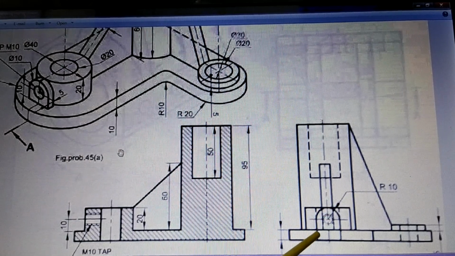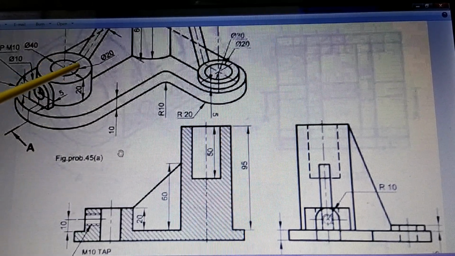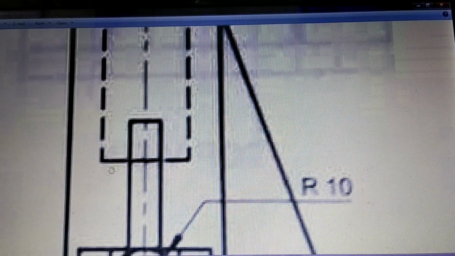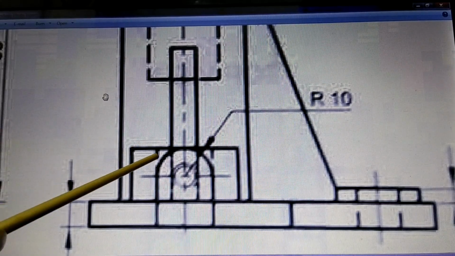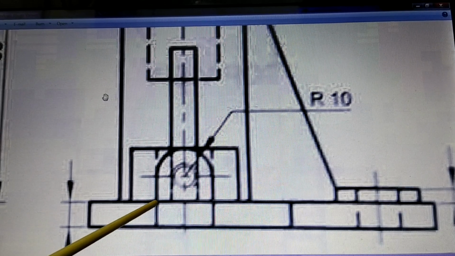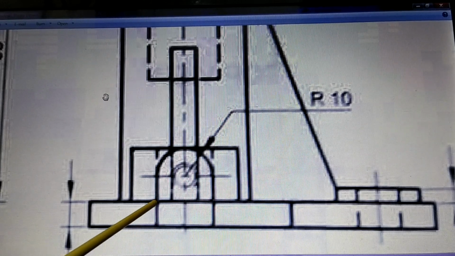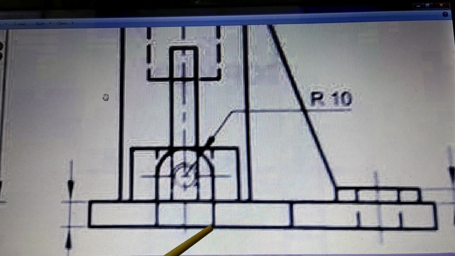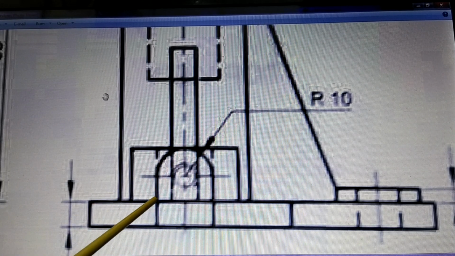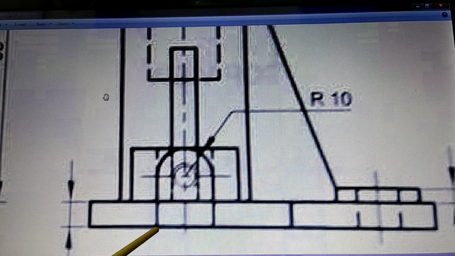Now they have drawn these two lines here. That is actually wrong. But what they want to show is that this hole of diameter 20, that means this dotted line of size 20, is continuing after this point also. So what is mistake here is, from here to here and from here to here, the lines which are shown as continuous, they are wrong. This should be shown as dotted line here, which is this line. Only this part, the dotted line is covered by this line, therefore here it is a continuous line. Otherwise here there is a dotted line and here also there is a dotted line.